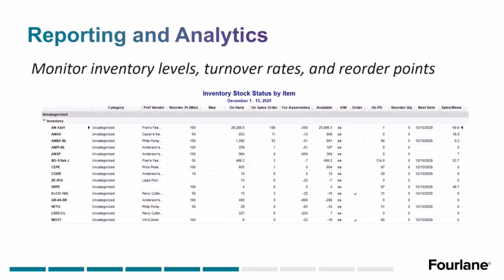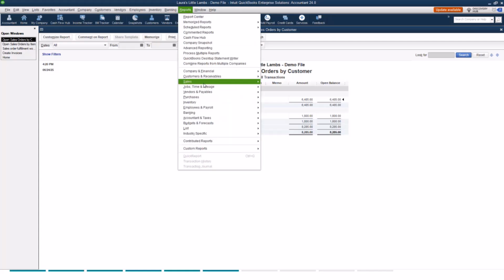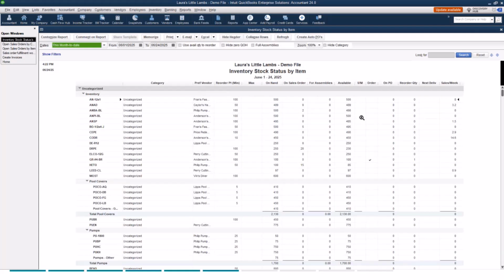A couple more. This one I think I'm going to take you in product on this one too. This one, I absolutely love this report. So this is the inventory stock status by item. This report gives you a lot of information. The thing I like about this is if you have your reorder points in, what you're able to do is you can auto create POs. Now, mine, I've got some pretty healthy inventory in here. So